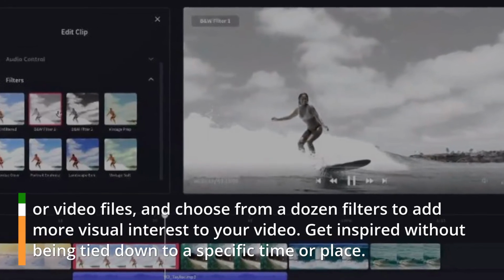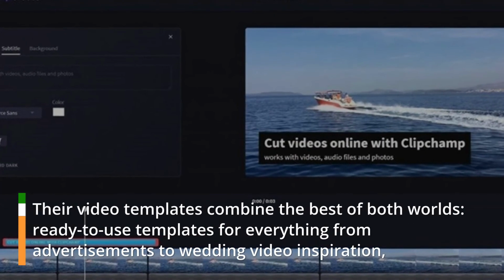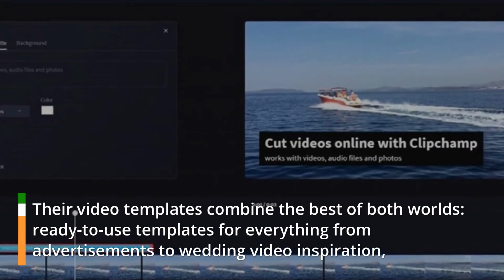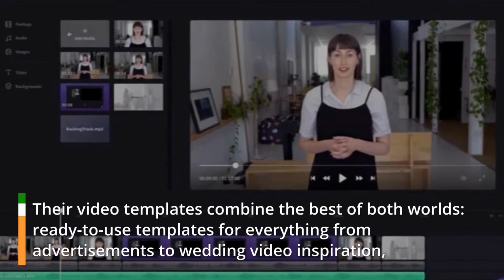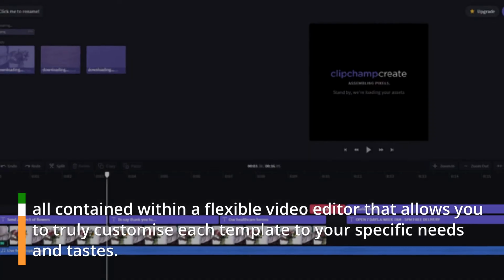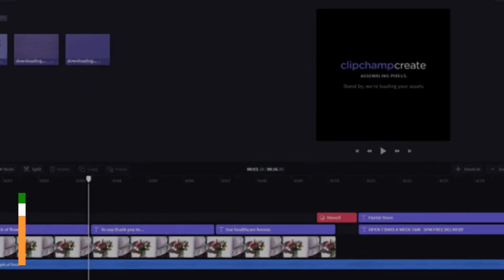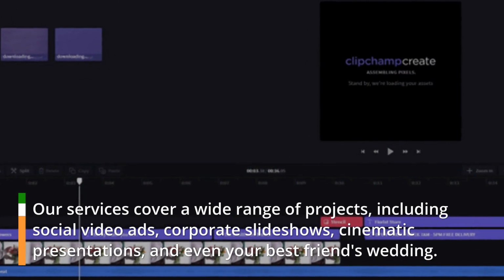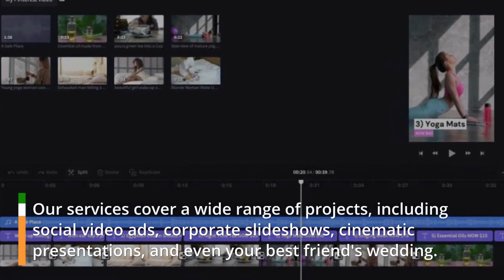Get inspired without being tied down to a specific time or place. Their video templates combine the best of both worlds, ready-to-use templates for everything from advertisements to wedding video inspiration, all contained within a flexible video editor that allows you to truly customize each template to your specific needs and tastes. Our services cover a wide range of projects, including social video ads, corporate slideshows, cinematic presentations, and even your best